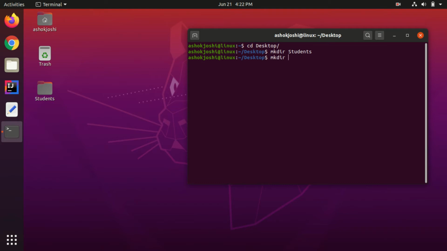Let's say I will write mkdir and in the option I will write -p, and after this I want to create one directory structure. So we have students, inside that let me write names, and inside this names I want to create a directory structure such that names contains 4 folders. It will not be one folder inside another folder. No, inside names only we will have 4 folders.